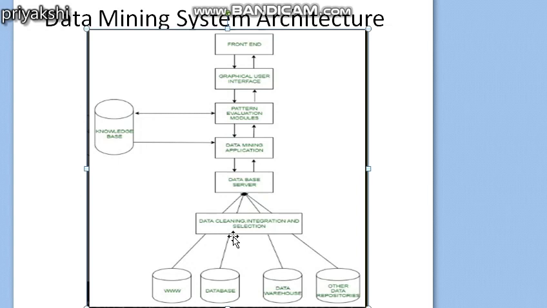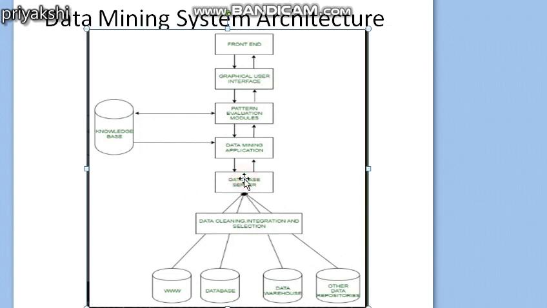As you can see in the diagram, data cleaning and data integration techniques, which are known as the data pre-processing techniques in the KDD process, have to be applied to the data before the data mining algorithm can be applied to it. However, in case the data mining algorithms are applied directly to the data warehouse, the cleaning and integration functions may be skipped, because a data warehouse already contains integrated and clean data. So this is the bottom of the diagram, in which all the databases or data repositories are given in which data mining algorithms can be applied.